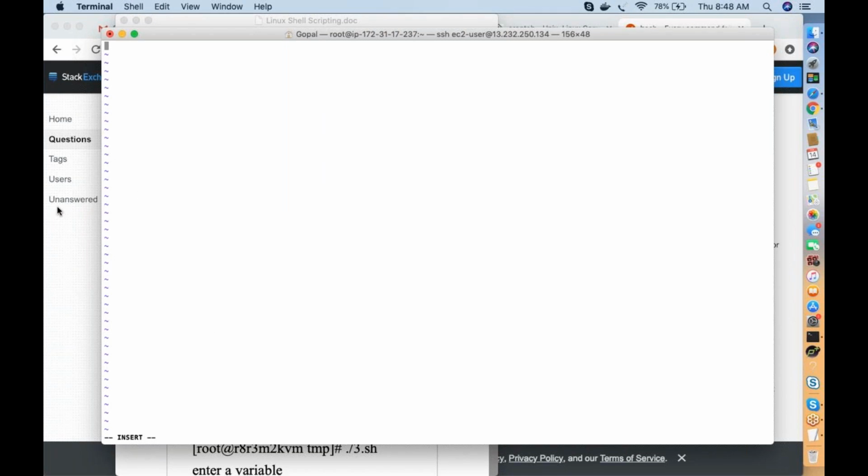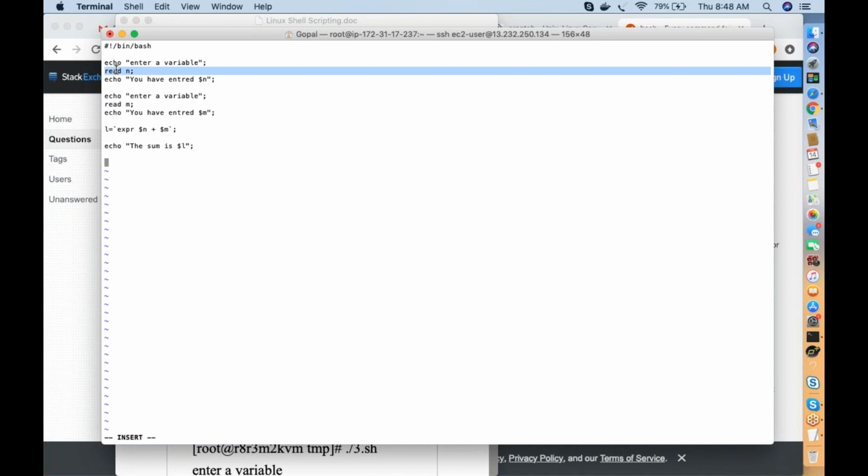With bash: echo enter value, you have entered this, enter the variable, do this, expr this, L equals the sum. Now see, bin bash, enter a variable, and read is a command which will break your shell in the middle and ask for the input.